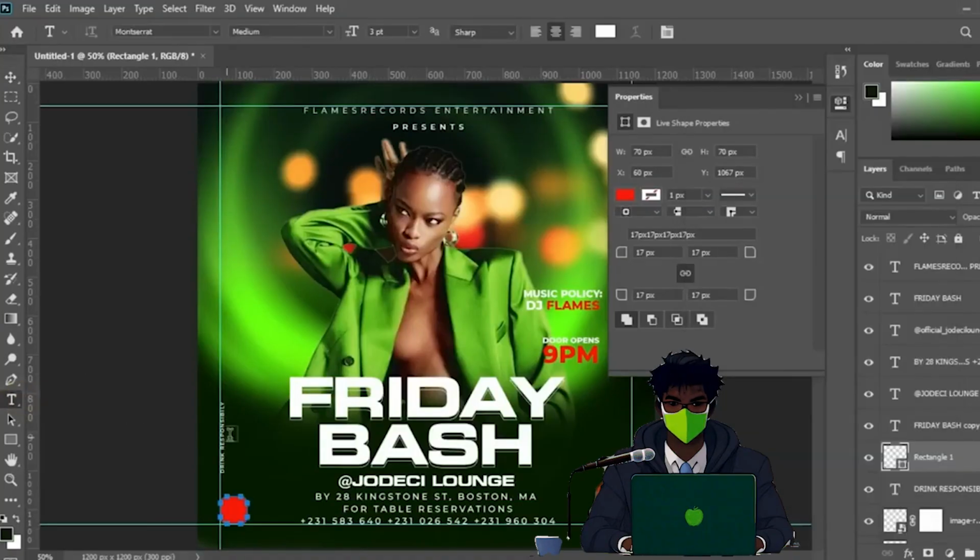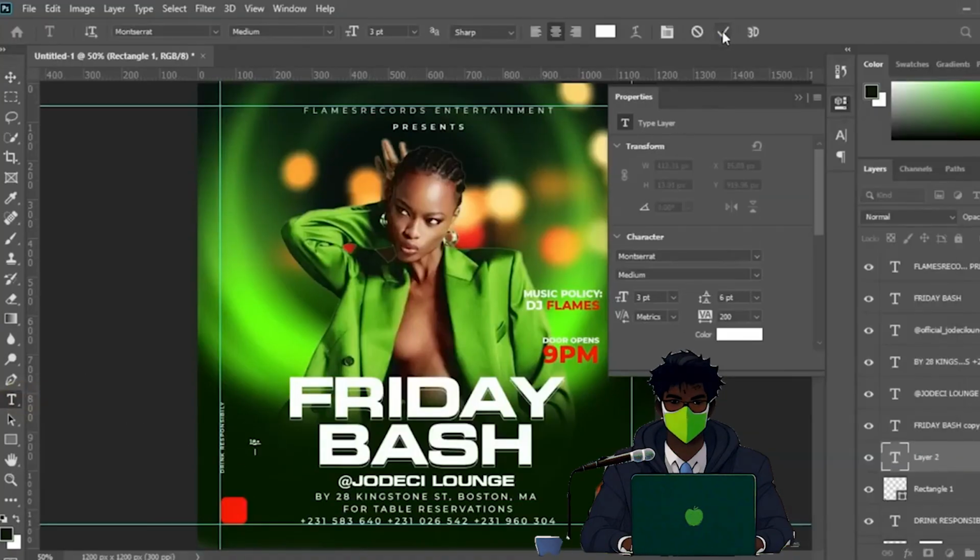So now, I want to position this 18 plus in the middle of this rectangle. All I have to do is hold my Control on my keyboard and move to where I have the rectangle. If you notice, my mouse pointer has changed from the normal hand icon to this. It has a square added to it now. So all I have to do is hold my Control and click on this. Now you notice that the layer of my